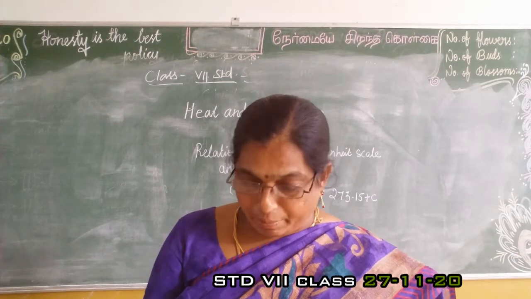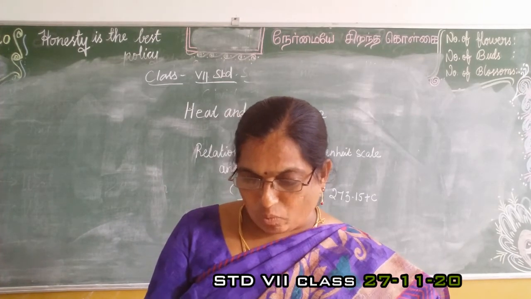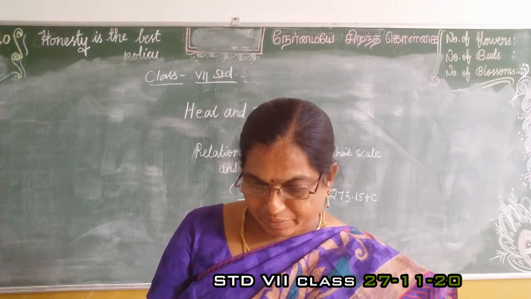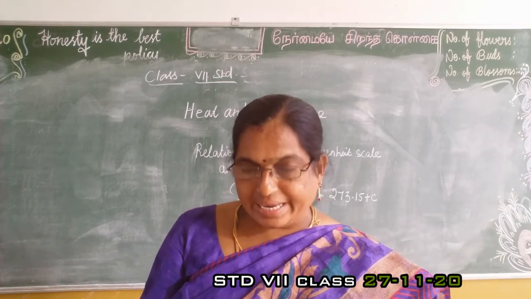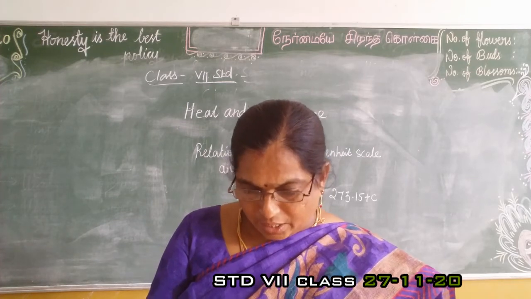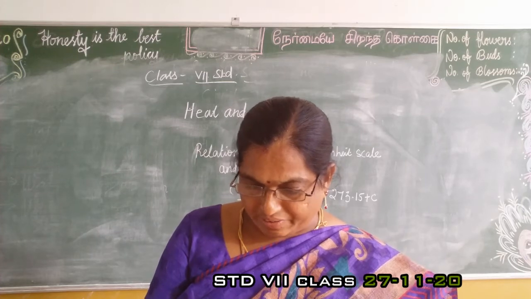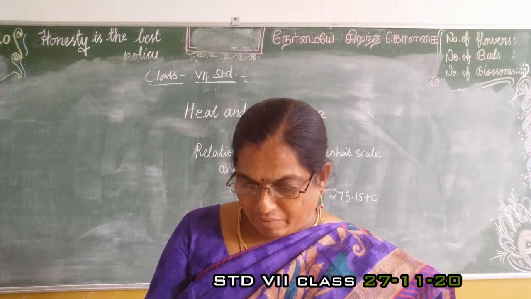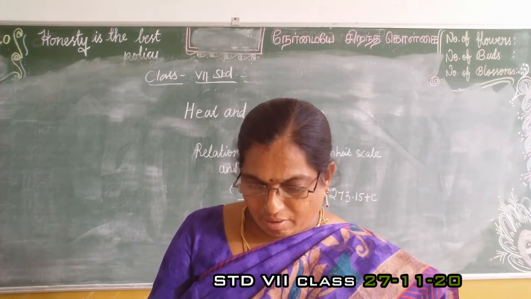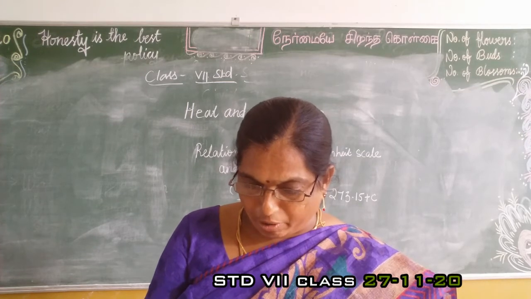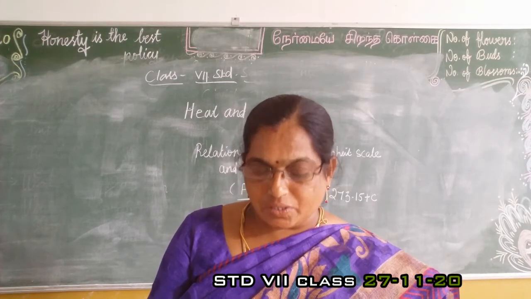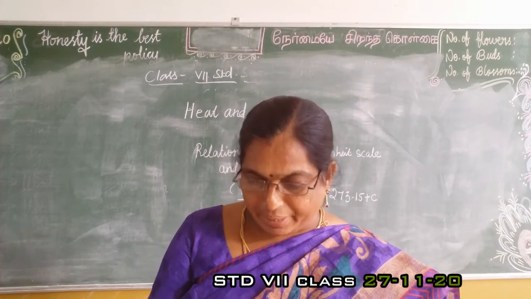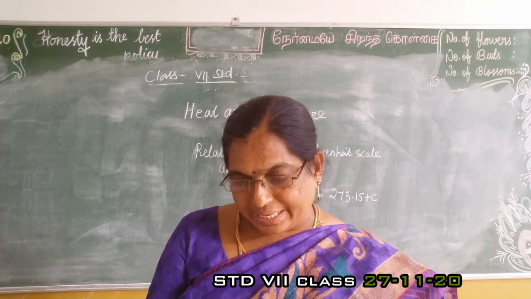In the laboratory thermometer, the temperature is read while keeping the thermometer in the source of temperature, for example, a liquid or any other thing. Then, in the clinical thermometer, jerks are given to lower the mercury level. In the laboratory thermometer, there is no need to give jerks to the mercury level. Then the last point: the clinical thermometer is used for taking the body temperature, and the laboratory thermometer is used to take temperature in laboratories.